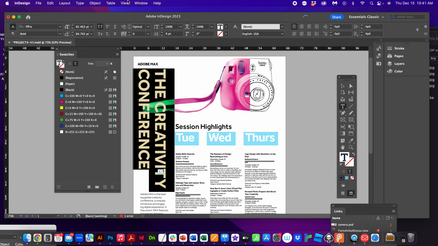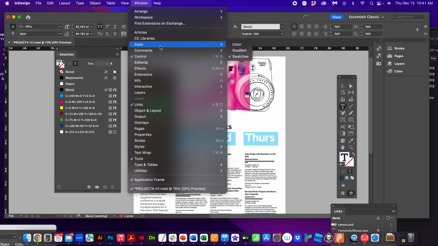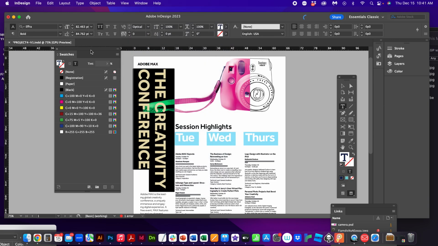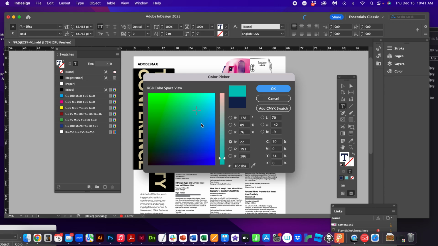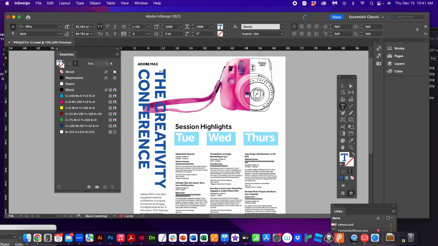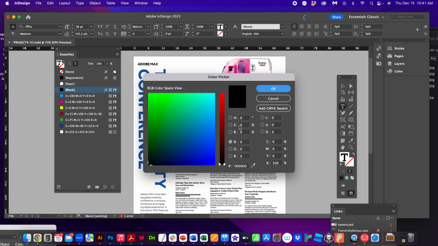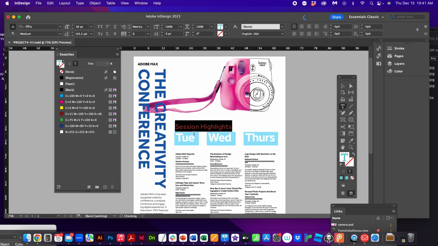So this is my swatch menu. If I go to Window, Color, Swatches, this is the swatch menu. This is how I mainly deal with color in Adobe InDesign. If I double click, I can create any color that I like, right? You can mix and match colors, you can do things on the fly, but if I want things to be